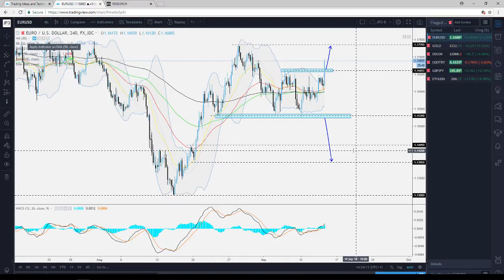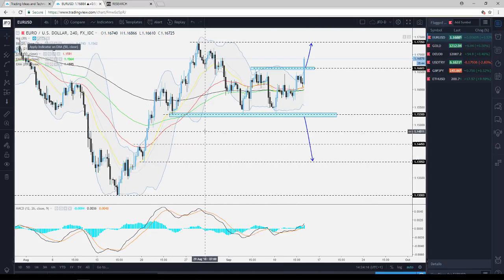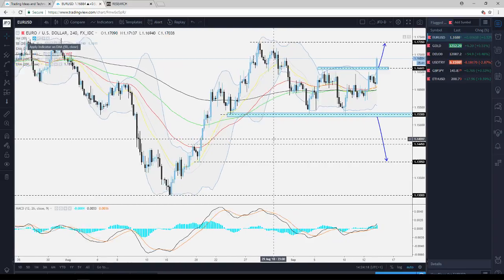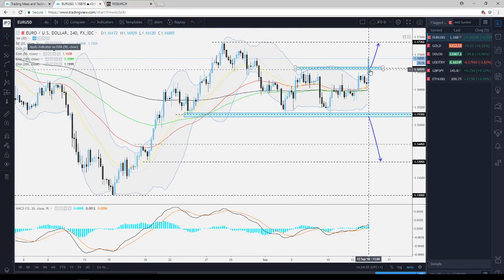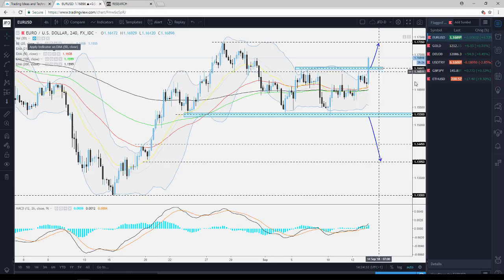Euro dollar. Now euro dollar is getting a nice spike here to the upside. Mario Draghi, of course, is the person to blame for that, and we're having a nice break above this 116.60 level that I was talking about this morning, and actually for the full week, because if we do get a nice close above this level today, well,